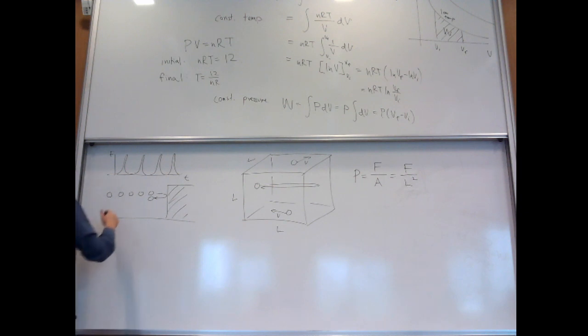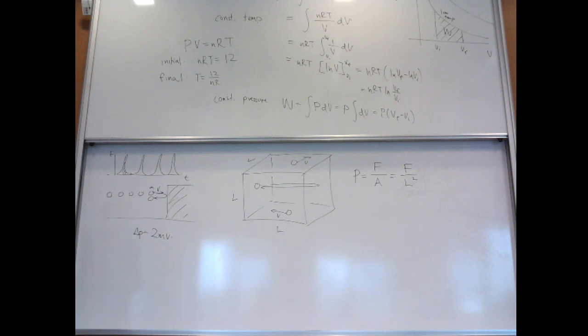But what we can work out is the momentum change. Say this is something that's moving with some velocity v, and each one of these things has some mass m, and say it bounces off the walls at the same speed. Okay, so the change in momentum here was like 2mv,